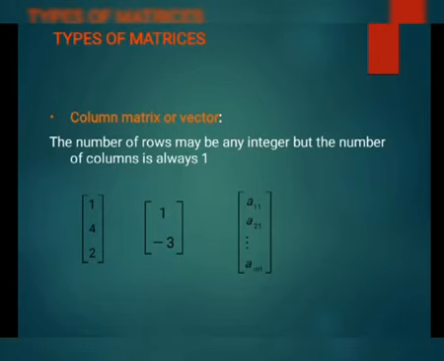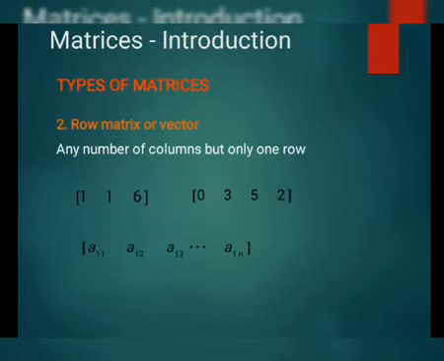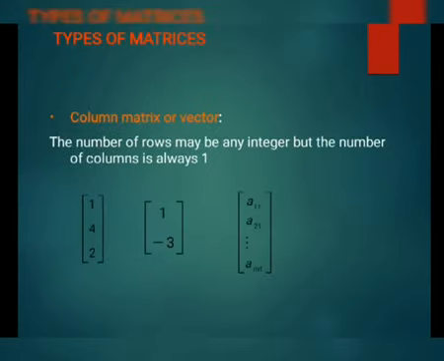In the first we have only one column but three rows. Now look at the second example. Again it has two rows and one column. After that, in the third example, we see that there are m number of rows but only one column, that is 1.